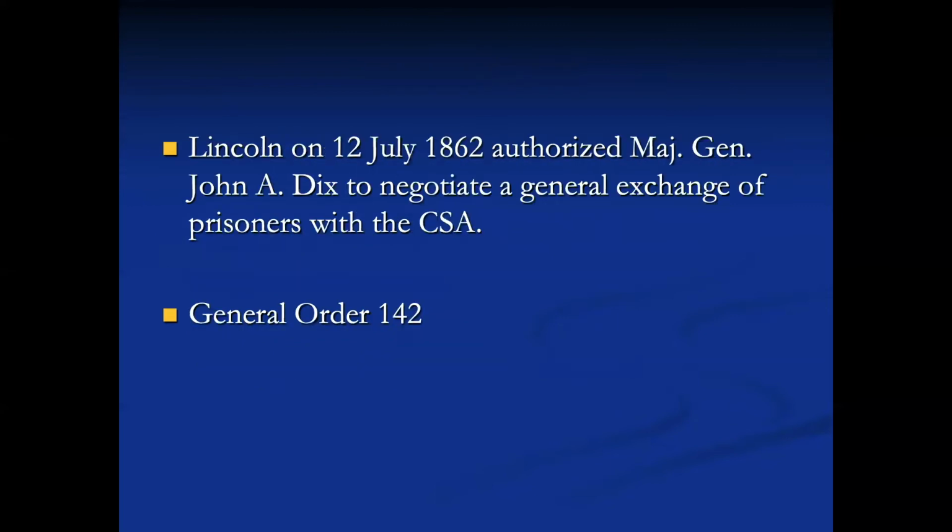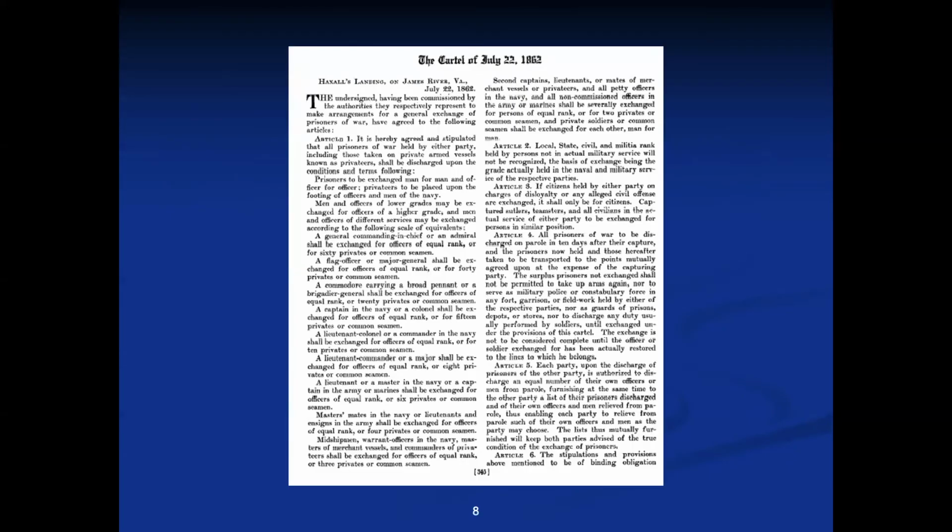In July of 1862, Lincoln authorized Major General John A. Dix to negotiate a general exchange of prisoners with the Confederate States of America. This was done through General Order number 142. And you can get to the cartel of July 22nd,